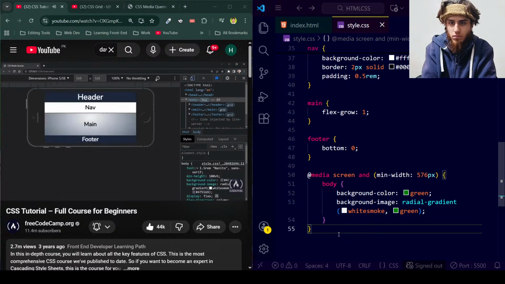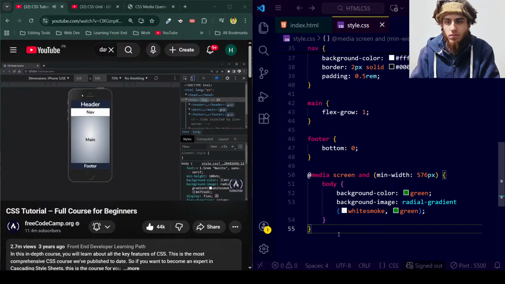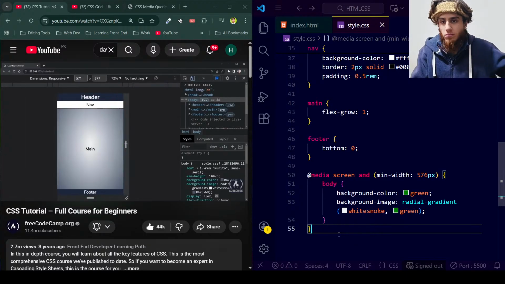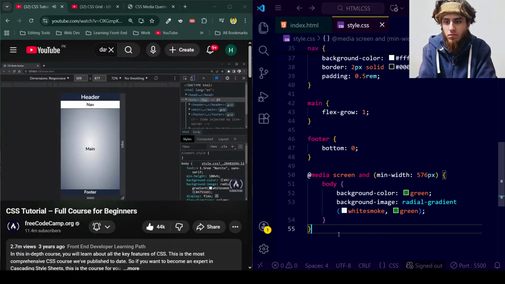You can even change to the horizontal display, as you would turn your phone, or back to the normal display here. And we can do that for several different phones. I'll choose the iPhone 6, 7, and 8, for example. Or we can just go back to responsive and drag the page around, which is what we'll do now, because